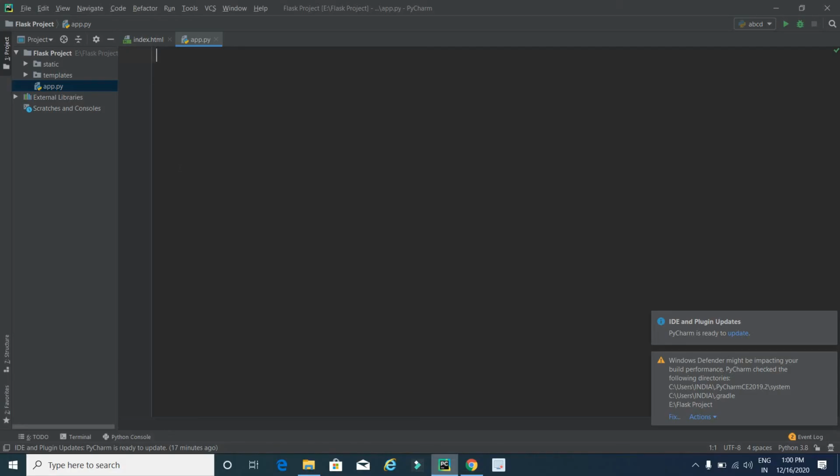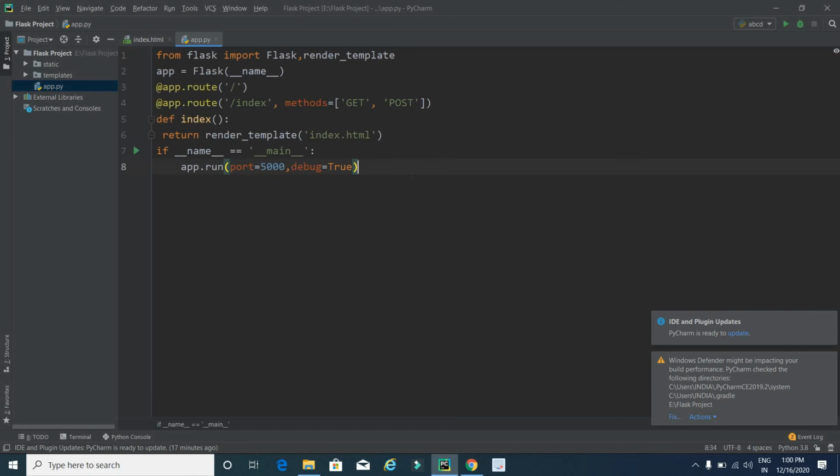Okay, here I will paste this. The final step before running this project is you have to install the Flask library inside this project. This is the main and very important part of this video, or we can say this project.